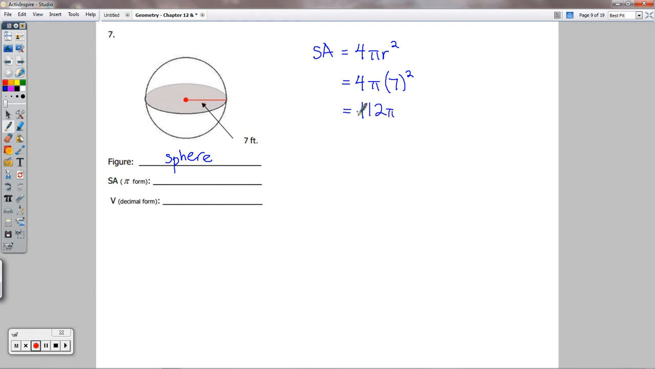This one we don't have to round off because it says to leave it in that form. You could type that into a calculator very easily if it didn't say that. So 112 pi feet squared. And then the volume in decimal form, we're going to have